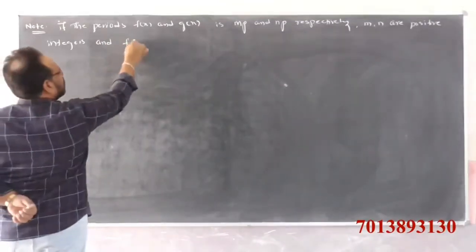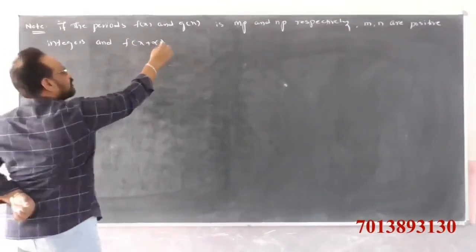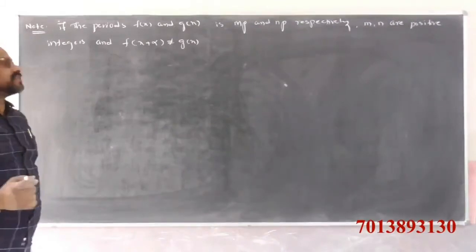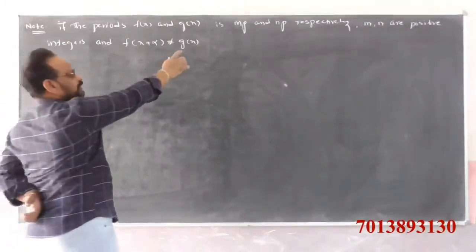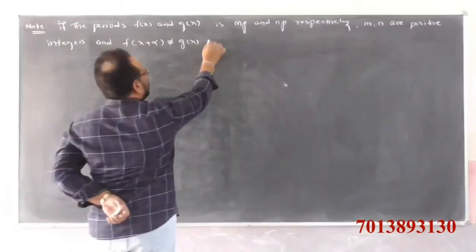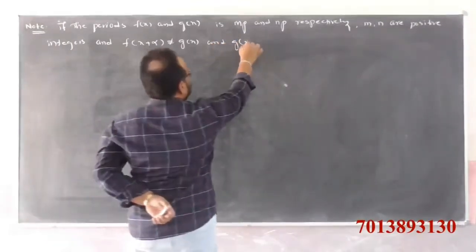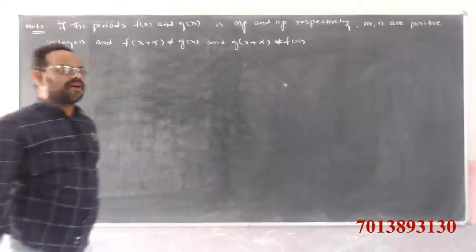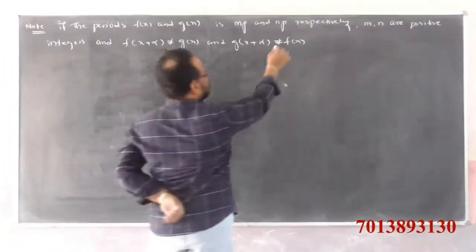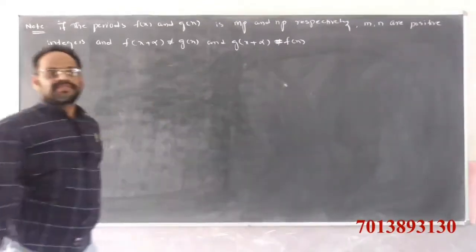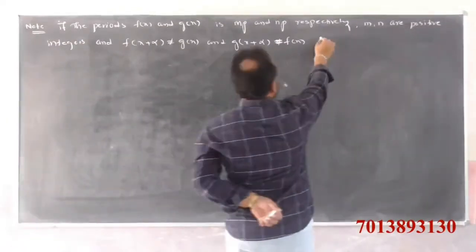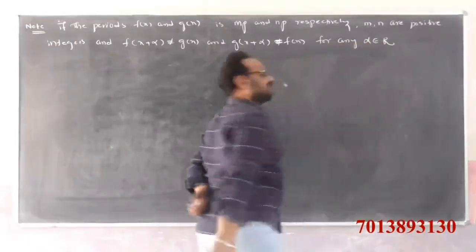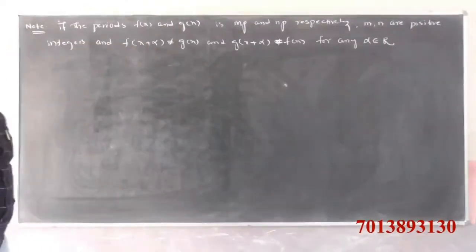And clearly f of x plus alpha is not equal to g of x, f of x plus alpha is not at all equal to g of x, and g of x plus alpha is not equal to f of x, for any alpha belonging to R, then the period